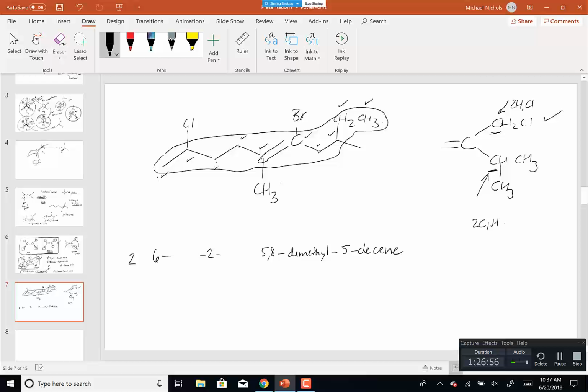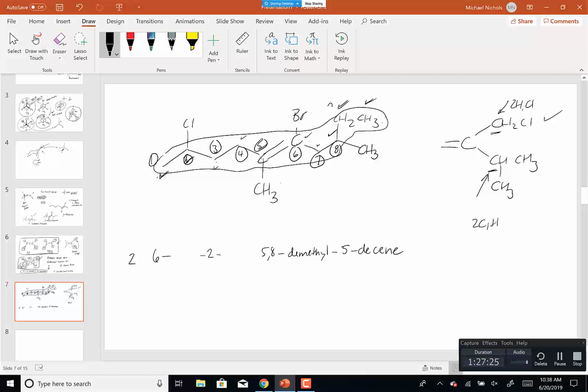The first substituent. So numbering from the right, 1, 2, 3, and that 3 group is a methyl. Numbering from the left-hand side, 1 and 2. Don't even have to alphabetize. Chlorine number 2, methyl number 3. So it's going to be number 1, number 2, number 3, number 4, number 5, number 6, number 7, number